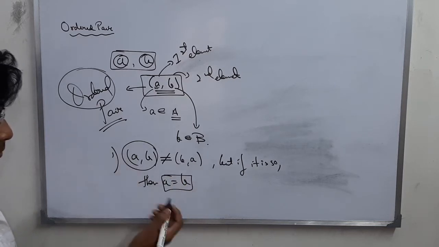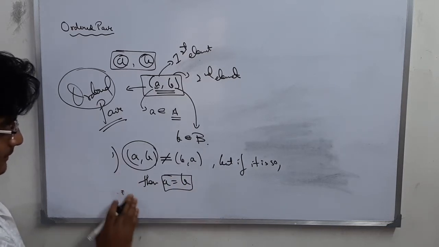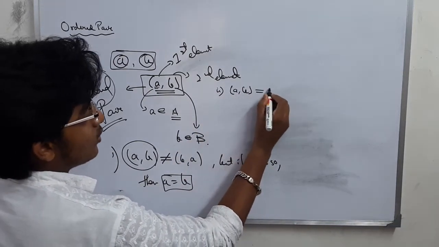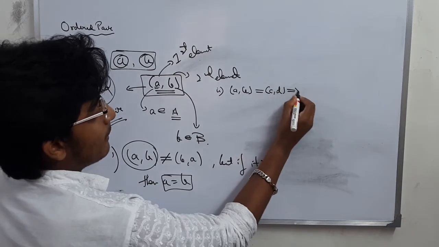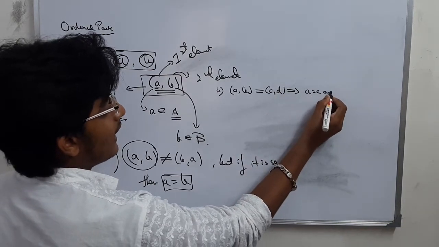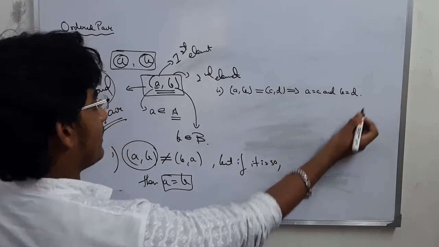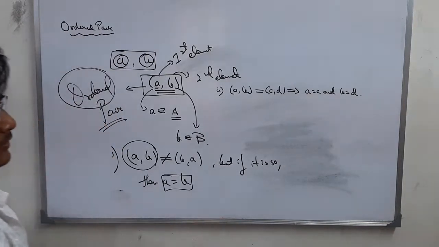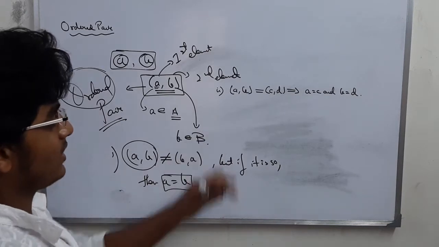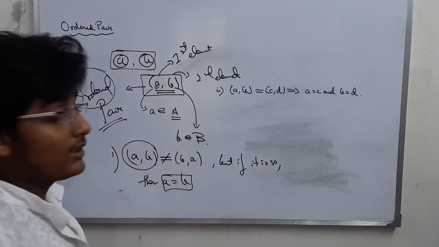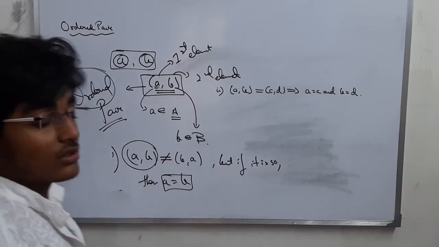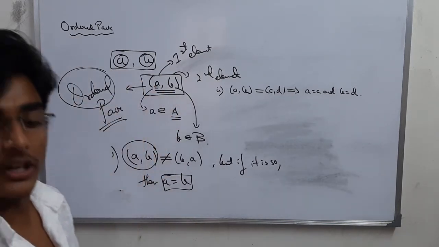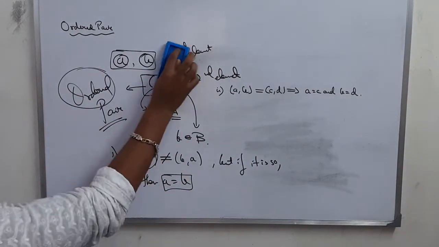From here we can come out with a general notion that (A, B) equals (C, D) implies that A equals C and B equals D. I am not describing any sort of problem of this question because it is not that important. The main importance is the introduction to relations. So this is what we call an ordered pair. Let us move on to Cartesian product.